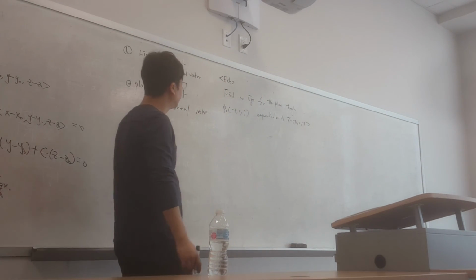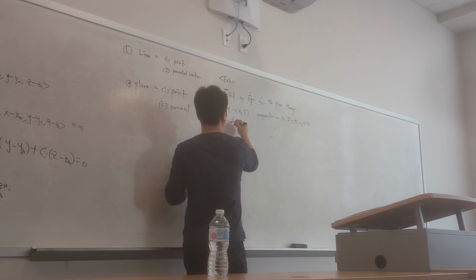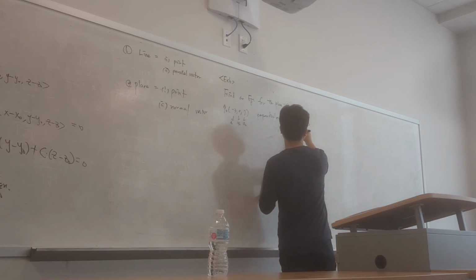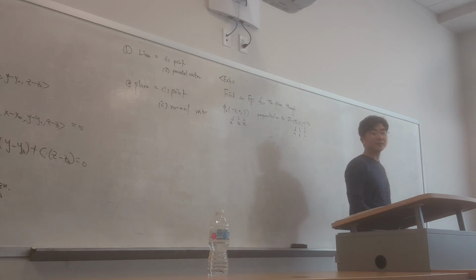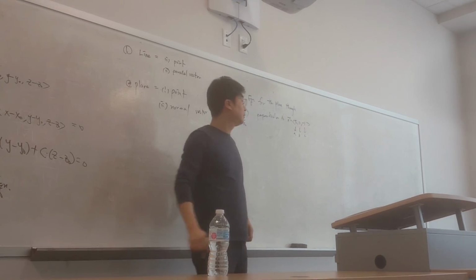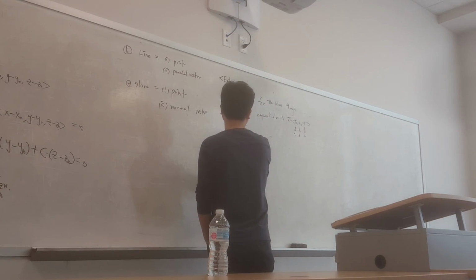Okay, so this is my x dot, y dot, g dot, because this is a point, right? And this one is normal, which is the A, B, C normal vector. Let's plug this into the formula. So what we have, 5 times x minus